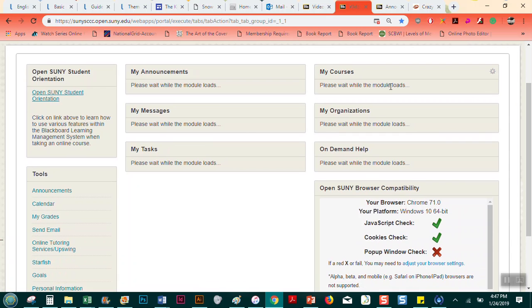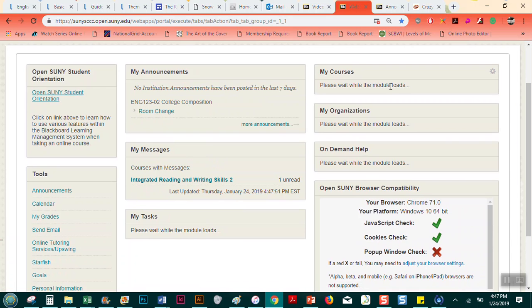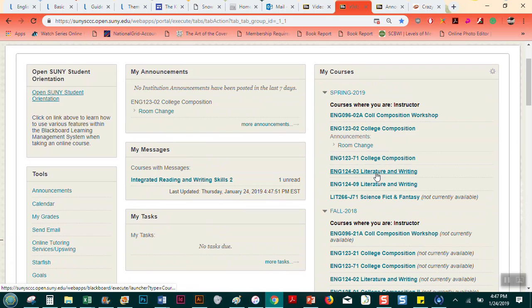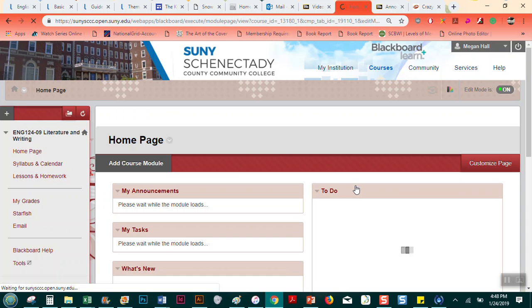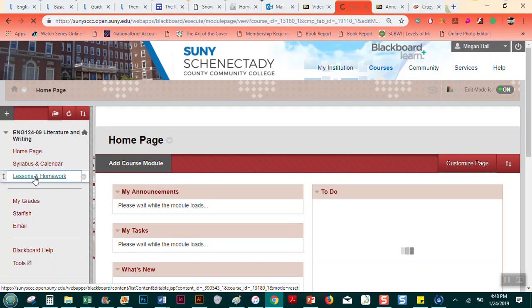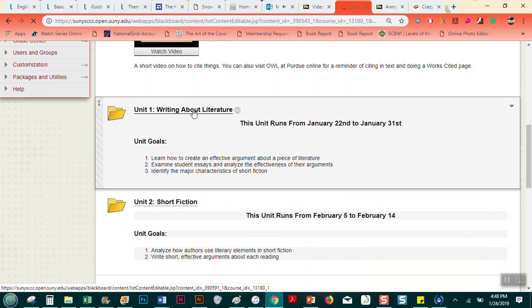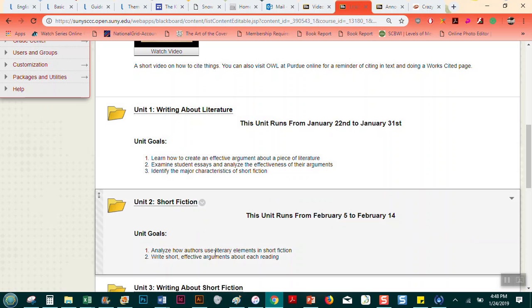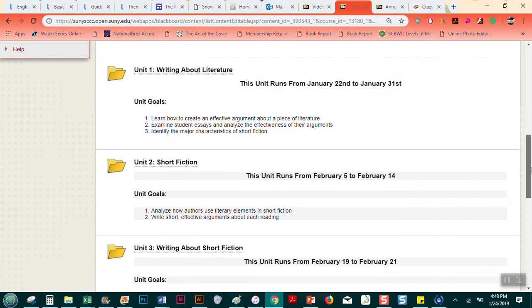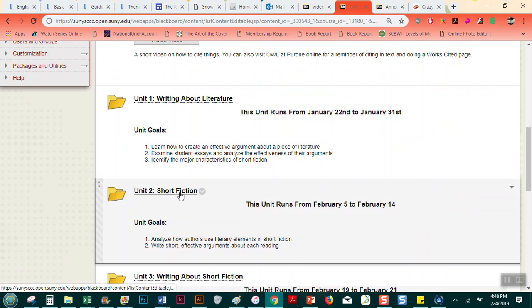Here we've got this one. So my literature and writing class, I basically have the same thing, and lessons and homework again. Okay, so there we go. Pretty straightforward goals for literature and writing, right? First, they're going to learn how to create an argument, then we're going to look at short fiction, then poetry, then drama. So when I click into one of these,